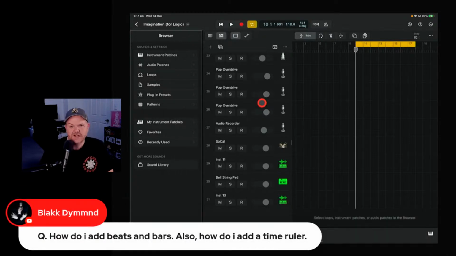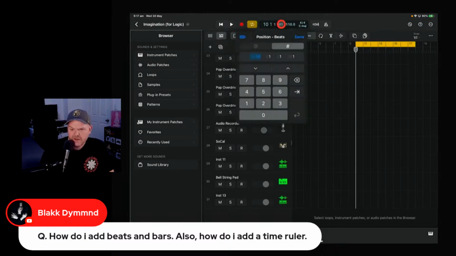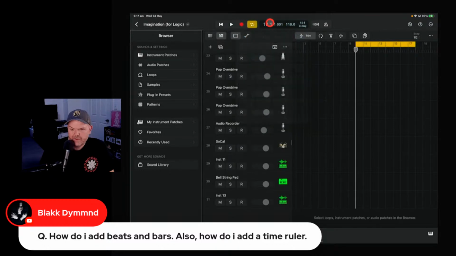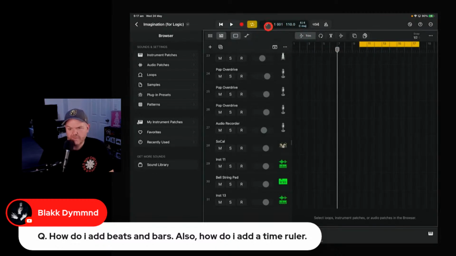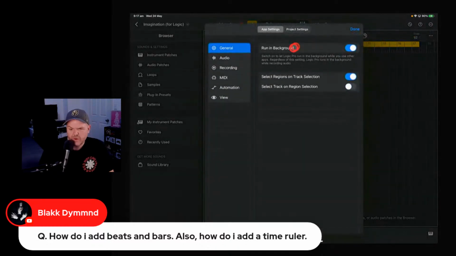How do I add beats and bars? Also, how do I add a time ruler? So you can adjust up here, I believe, your view, or no, it might actually be in your view settings. You can't use sections. Is that what you're asking for? Beats and bars. So beats and bars will be there by default. So you can see there as you go through, it's bar 7, beat 1. And I'm pretty sure that up here in the settings is where we control view.